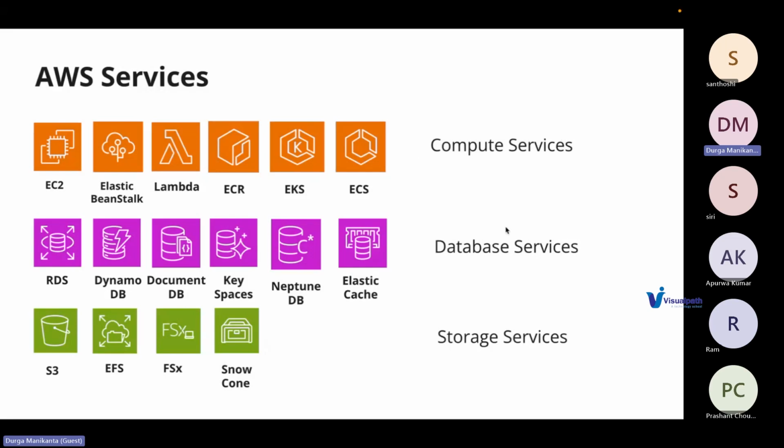Compute, database, storage, or some developer tools or anything, they will be following accordingly. If you see within compute, you have more than six services. So just put the six, but you have more than this: either EC2, Elastic Beanstalk, Lambda, ECR, EKS, ECS. These are the various different compute platforms that are available, where you can make use of the services and get your application started.